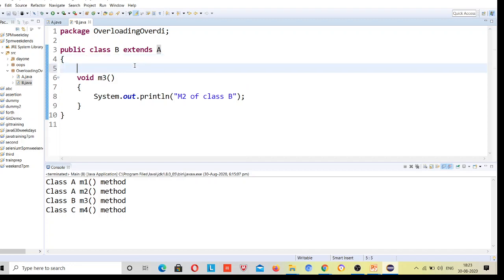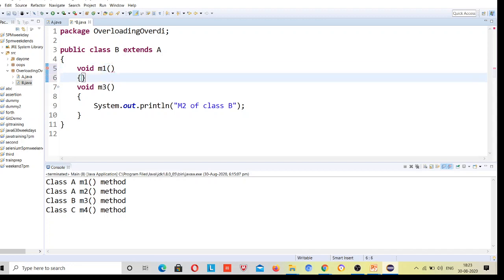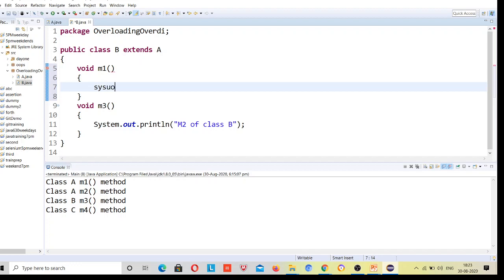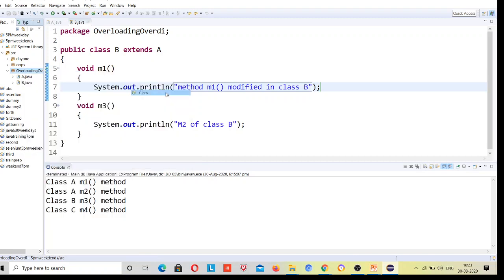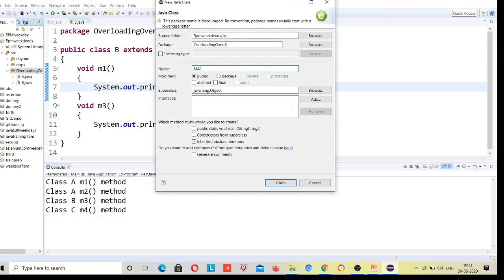Okay. So now class B says I want to write an implementation for method m1. And suppose method m1 is modified in class B, right. So method m1 is modified in class B. Now let me write a main class for it.